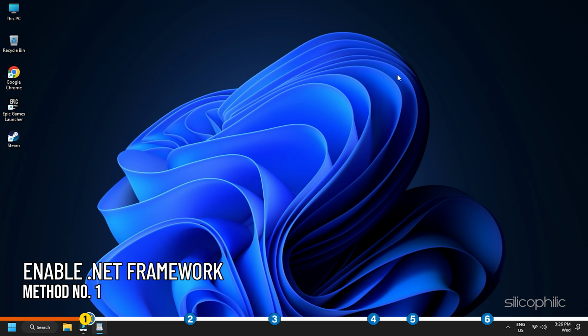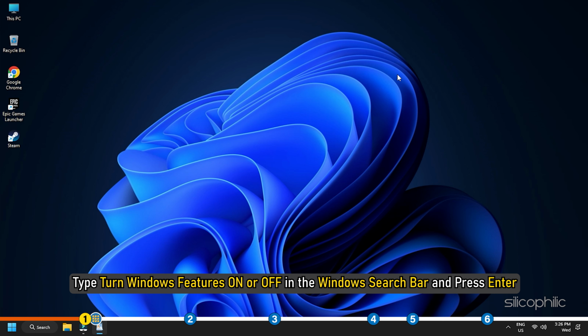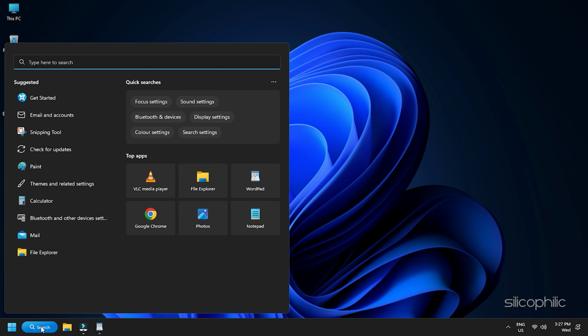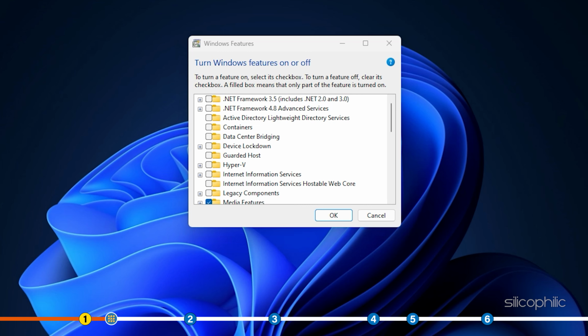Method 1. The first thing you can do is enable .NET Framework. Type Turn Windows Features on or off in the Windows search bar and press Enter. This will open Windows Features window.